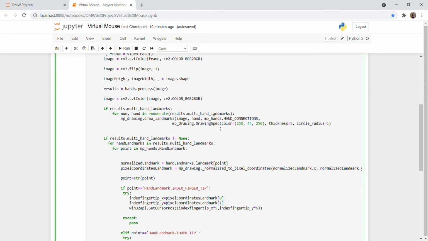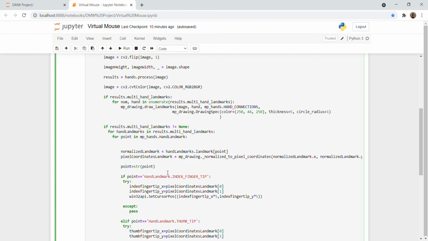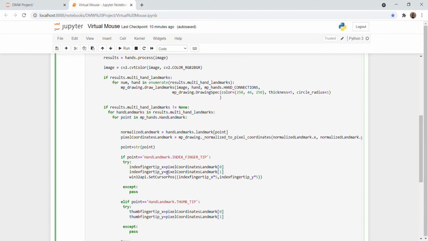Then by using the draw_landmarks class from MediaPipe, we will draw the points on the hand landmarks and connect them with parameters. This is the image on which we are going to draw, and the MediaPipe hand connections method will connect the points on the hand, this one.